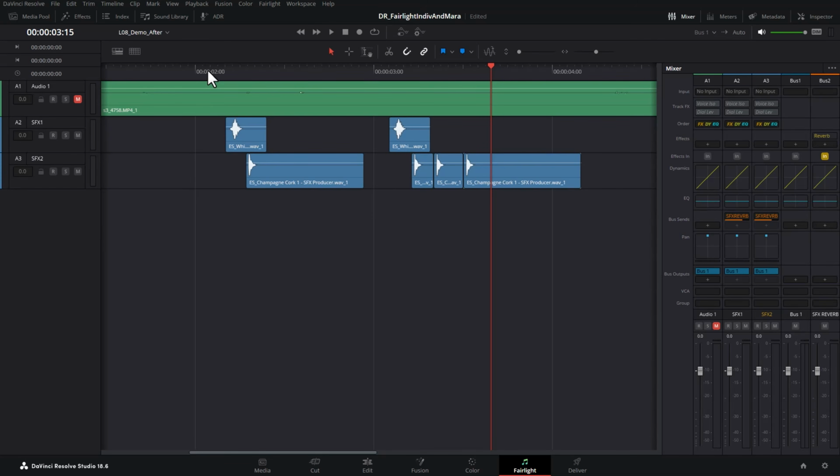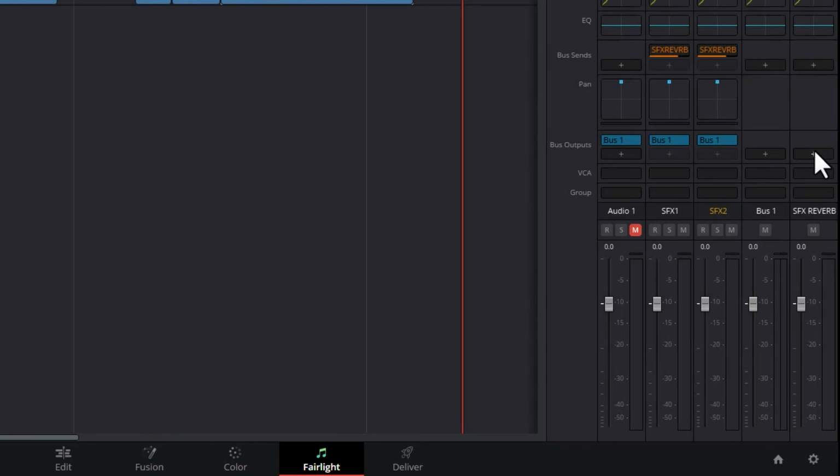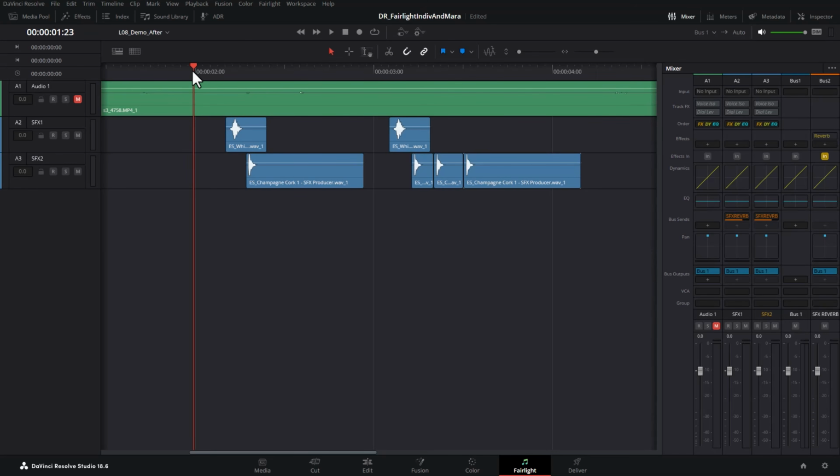I'm going to play this back now and watch what happens in this SFX reverb bus track. Notice that we actually got some signal there, but we didn't hear the reverb in the output sound. That's because we need to send the bus reverb to somewhere. You can do this by coming down to bus outputs and clicking the plus symbol and choosing bus 1, which remember is our main bus which goes to the rendered video. If I play this back now, we should actually hear the reverb,